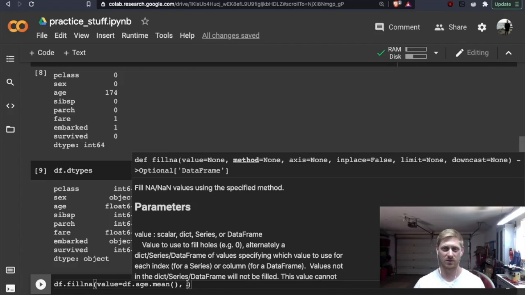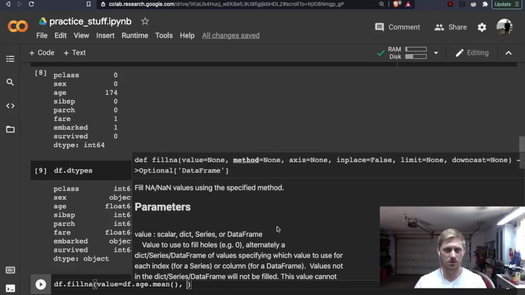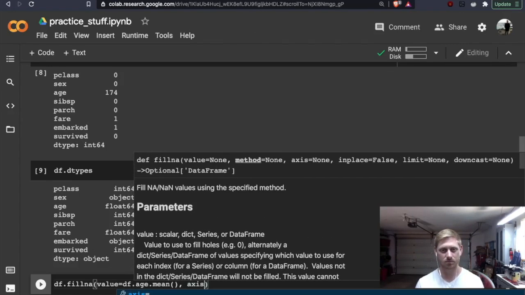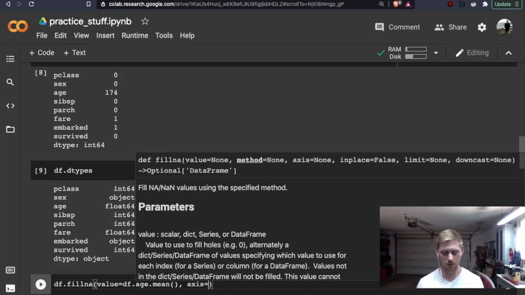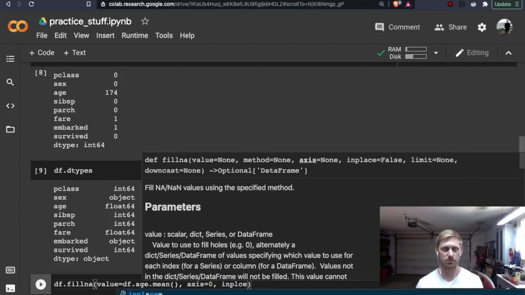So from there, what would we do? We'd go ahead and do axis would equal our column. No, it would equal our row. And then from there we could do inplace equals true.